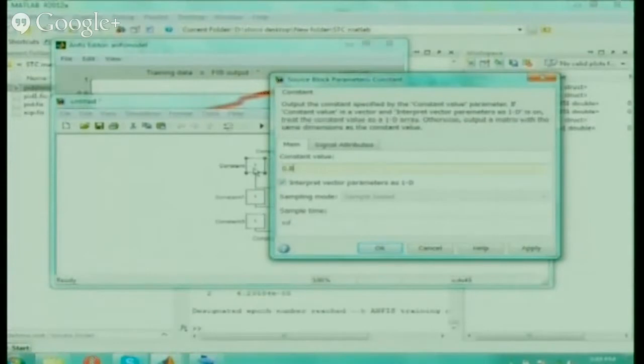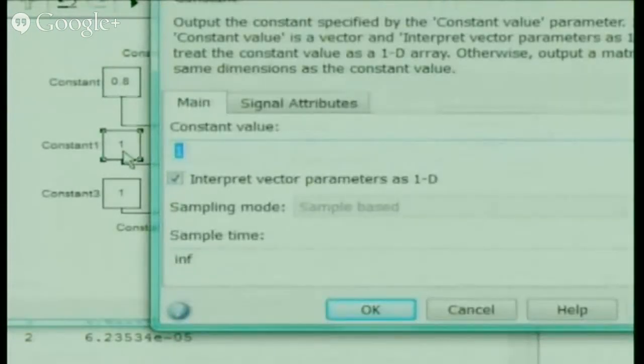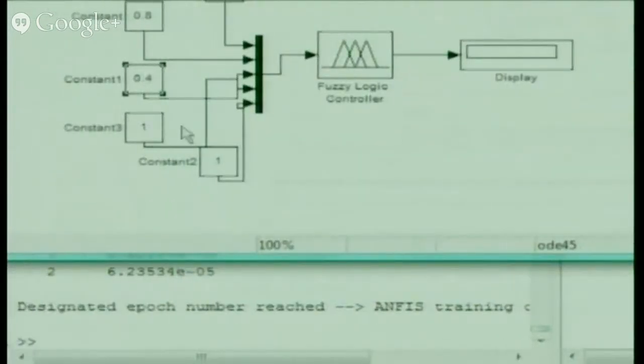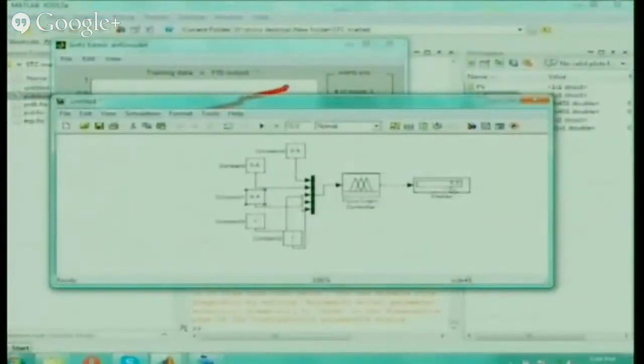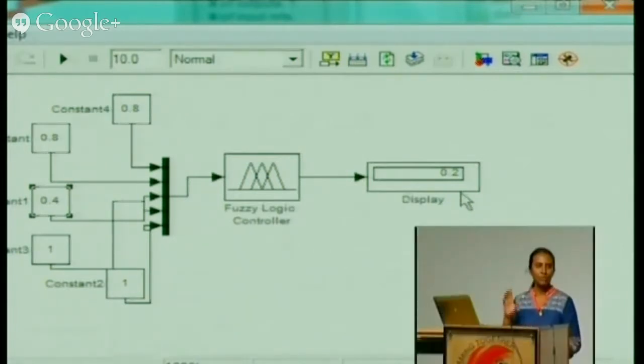I'm just giving different values, let this be 1 itself. So I think everything is clear. If path is not set properly, then that will show you an error. Otherwise, कुछ problem नहीं होना चाहिए. It has given you the result. See, 0.2 it has given. The modulation index is 0.2. Here I have given some scrap value, so it is also giving. But actually, if you train the system properly, you can see that it will give you better result.